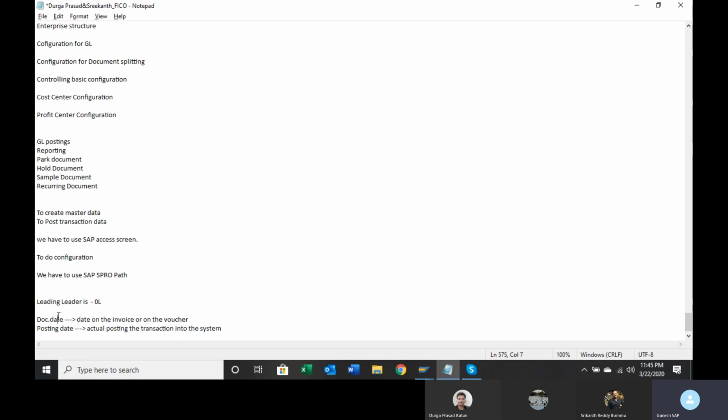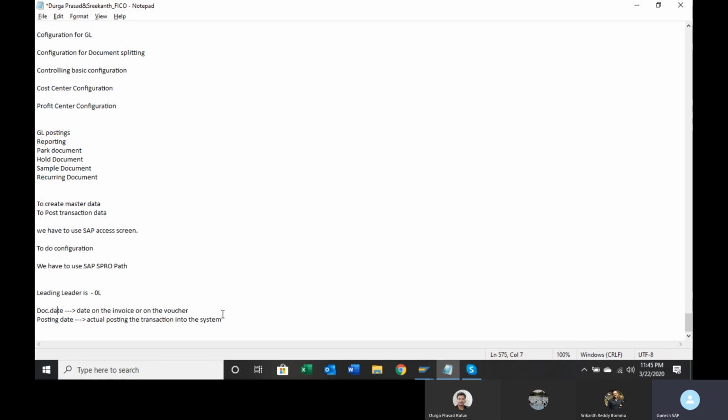So the document date could be, let us say, last month, and the posting date could be current date. 99% the posting date would be the current date. Document date could be current month or previous month also, that doesn't matter, but posting date should always be current month.